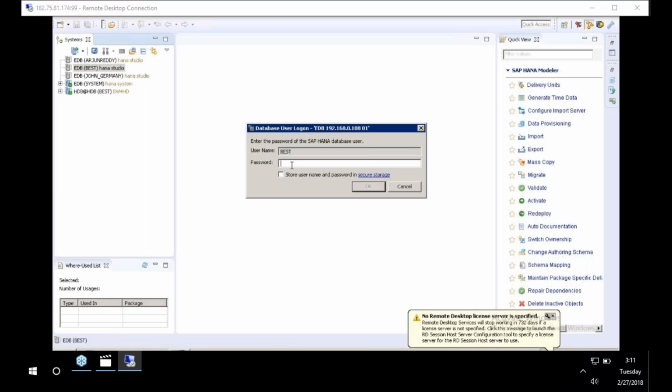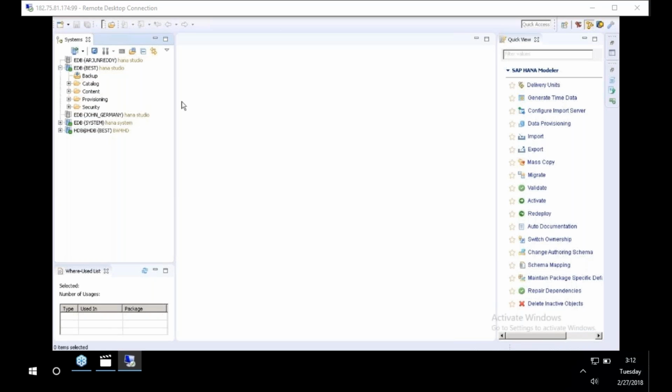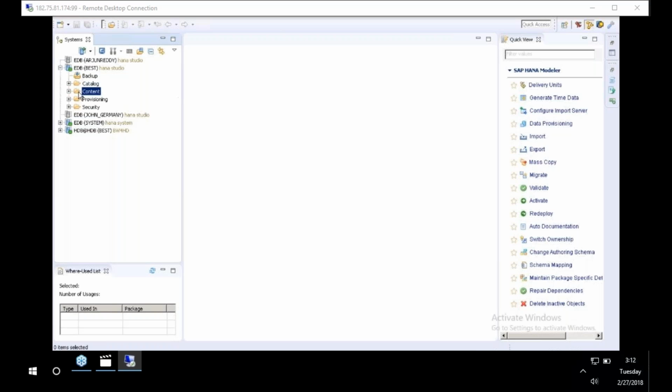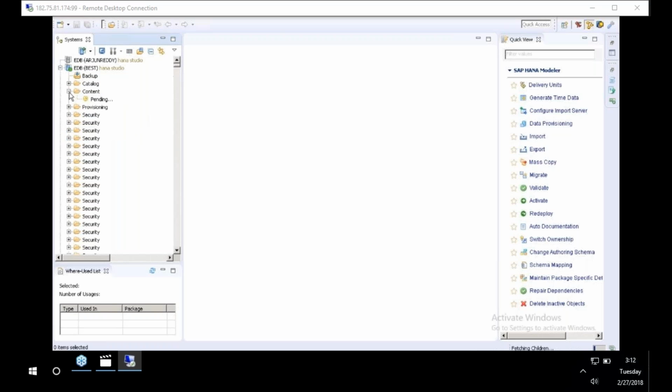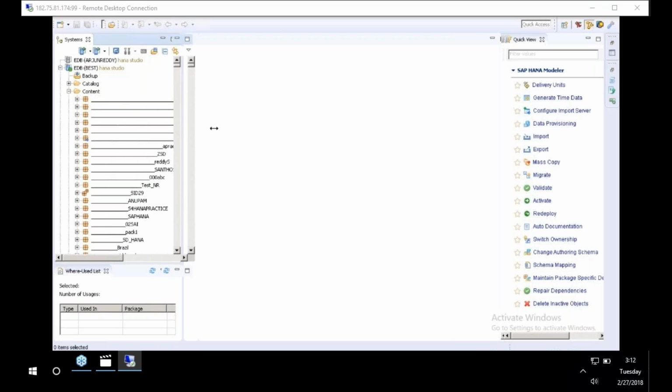The username is best, and let us provide the password W capital welcome 123 and click OK. So once we log into the system, let us expand the content, go to the